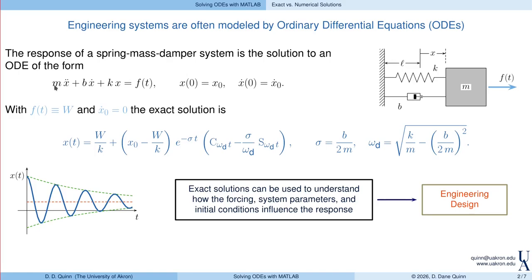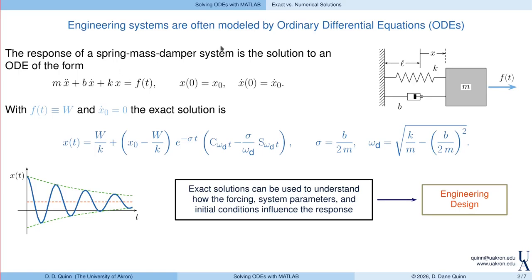And it's a very familiar form, mx double dot plus bx dot plus kx equals some forcing, right? So here the mass is m, b is the damping coefficient, k is the stiffness, and x measures the stretch in the spring. In addition, we have some initial conditions, right? So we might displace this block over by some value. We might give it an initial velocity, and then in order to determine how this system behaves, we need to